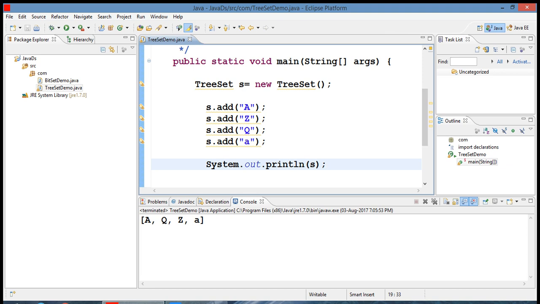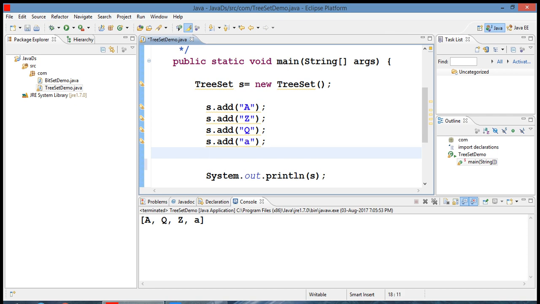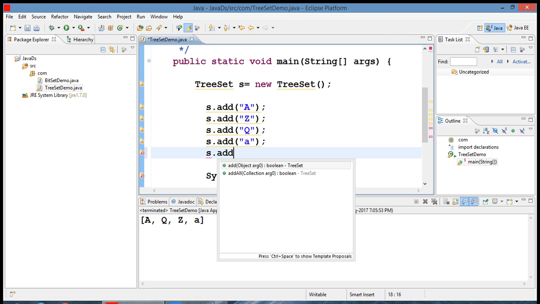As we have mentioned, in a treeset we are not able to store heterogeneous objects. If we are storing string objects only, then we have to focus on only strings. If we try to add a heterogeneous object, we will get an error.